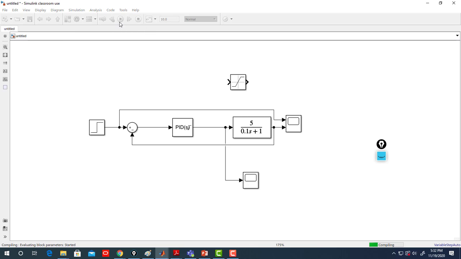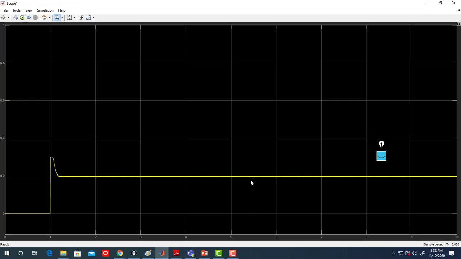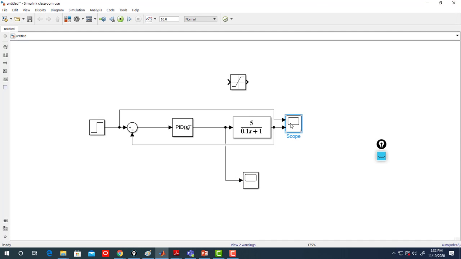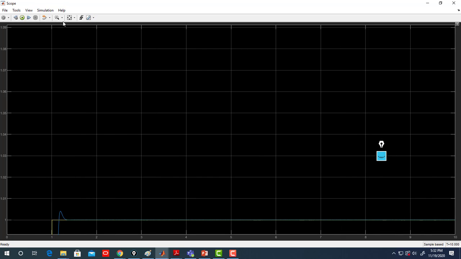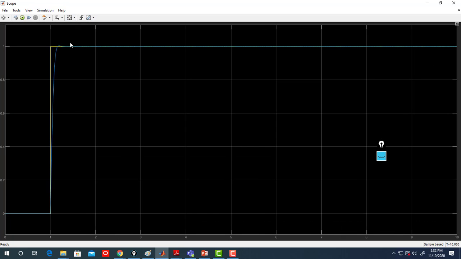And in here I redo the simulation. So my actuator saturates. So it's capped at 0.3. And here is my output. That's my output. That's how it looks. If I zoom here,